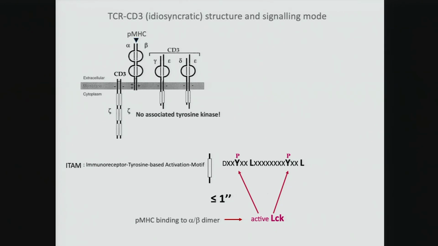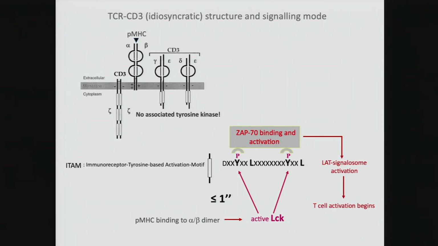So it has to be there, but consider a second is a long time. As a biologist, we think that 1 second is really short. But in terms of this type of mechanism, it's probably, I wouldn't say biblical time. Oh, it is biblical time, yes. So it's really centuries, order of magnitude, for events to take place. Okay, then there is another kinase called ZAP70 that binds. And this series of events in cascade lead to the activation of the so-called signalosome, and then T-cell activation begins.